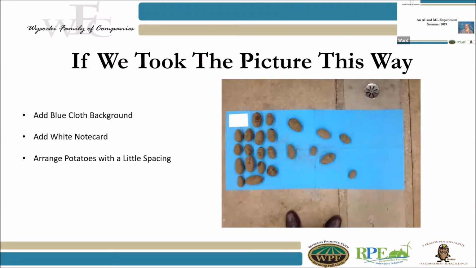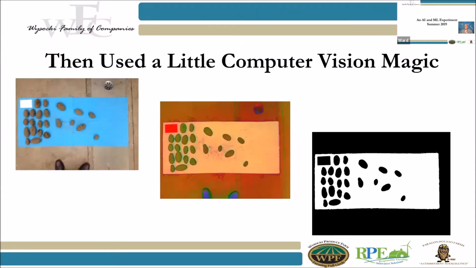Then we started running it through some detection algorithms, and boy, did we get an education in photo processing. So there's more steps than this. These are the ones that lend themselves to doing the best job. And the idea is you wanted to start with the picture in the upper left corner, and you wanted to wind up with the picture in the lower right corner. So if you started up in the upper left, ended in the lower right, then you had truly a black and white or a plated image, and you could go through that and tell it to find the potatoes. We've found holes, we've identified them as potatoes, and now we can guess their sizes.